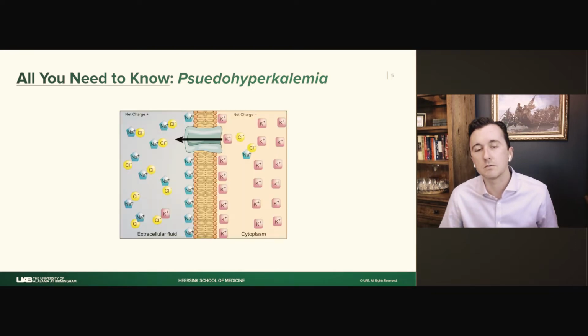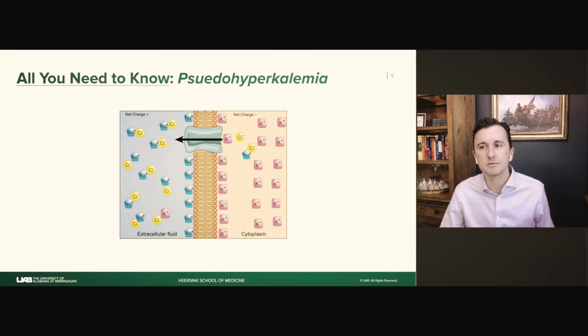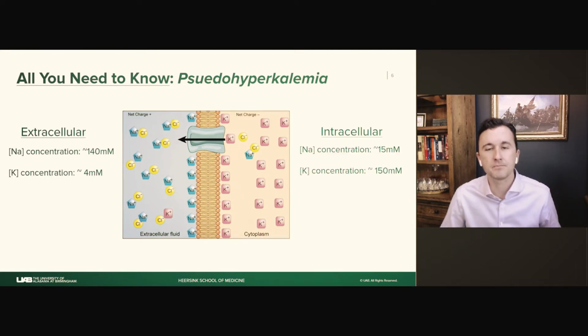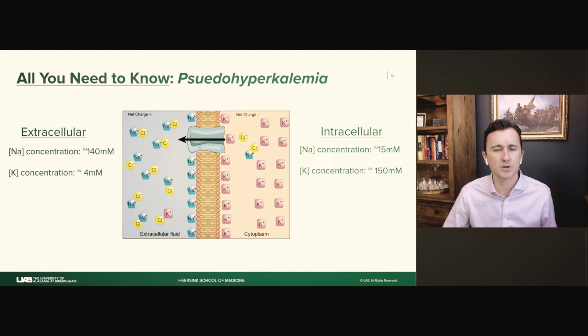So diagnosing pseudohyperkalemia is pretty easy since PowerChart will tell you when that's the case, but let's review why that happens. So pseudohyperkalemia is usually caused by the hemolysis of cells. You can see here that potassium is largely an intracellular ion. Somewhere around 98% of all potassium is located intracellularly. You can see in this cartoon here all the potassium that's inside the cell and a relatively small amount